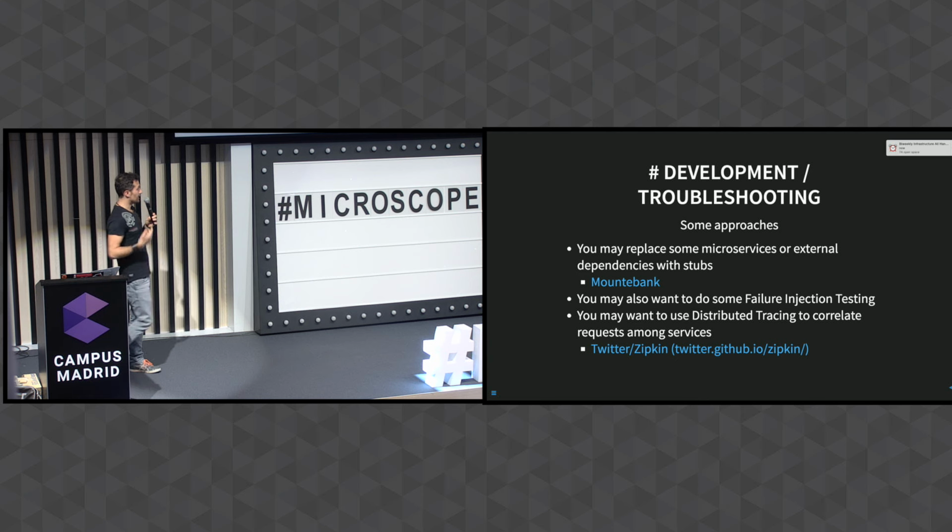Using distributed tracing, Zipkin is a nice tool for it, will allow you to trace your requests. The idea is to add a unique ID on the request, and with this ID, follow the request inside all the microservices, aggregate all this information, so you can see all the path and all the requests and responses for all the microservices to discover what happened inside your microservices